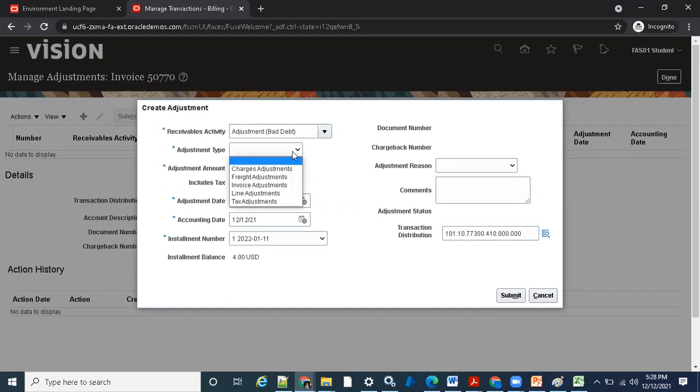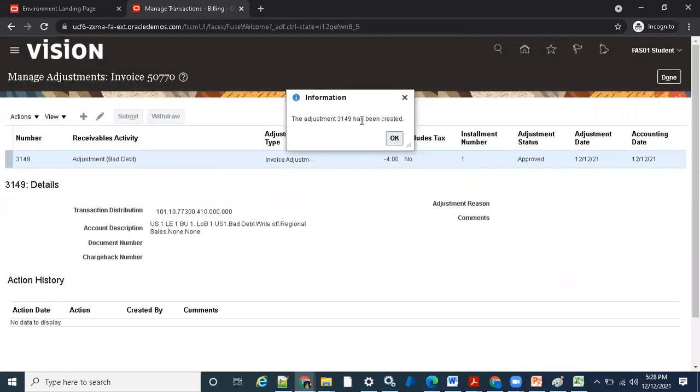Now coming into the adjustment type, I'm selecting the invoice adjustment. So here automatically we can see that -$4 is the pending and the total invoice is getting now knocked off and the balance will become 0. So if at the header level or at the invoice level we select, the system will auto populate whatever is the balance there. Okay, clicking on submit button and a new adjustment has been created and it is in the approved status. We'll post this entry also into GL